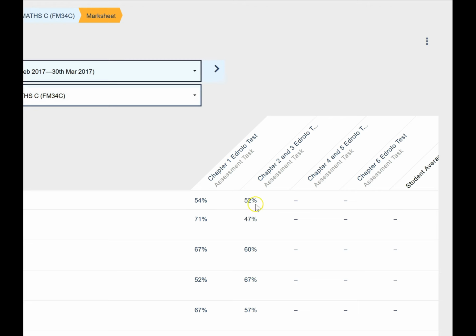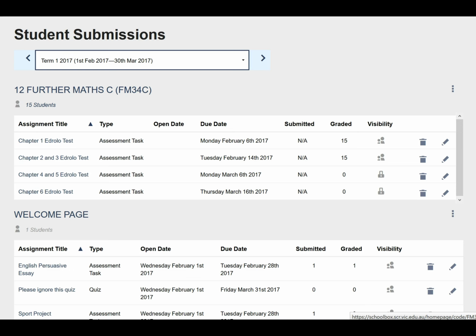Here you'll see I've already inputted results for the first 2 assessment tasks, and when I'm ready to start the 3rd assessment task, I can click on an empty dash, or I can click on the name of the task, and that will take me through to the screen that you saw earlier where you can start putting in the results and feedback. I'm going to go back to our original submission screen now,